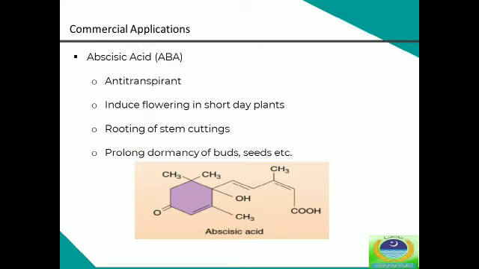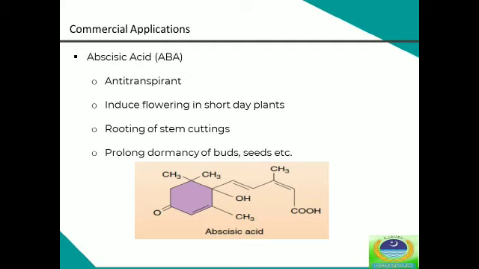An important commercial application of abscisic acid is its use as antitranspirant. Application of minute quantity of abscisic acid to leaves will reduce transpiration to a great extent through partial closure of stomata. So this conserves water and reduces the requirement of irrigation. Although in this process photosynthesis is also reduced, that is reduced to a lesser extent, about 14%, as compared to transpiration that is reduced by 56%.